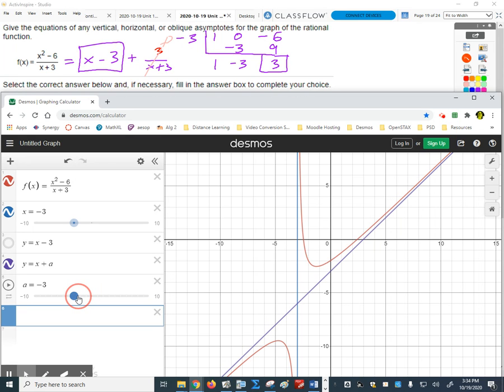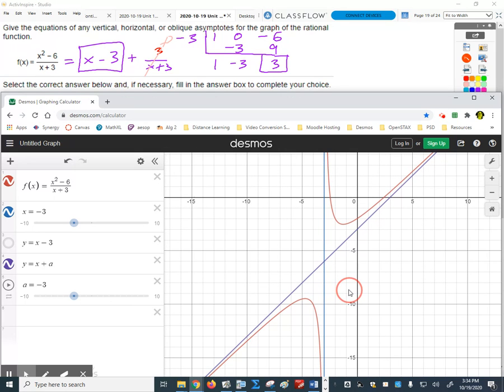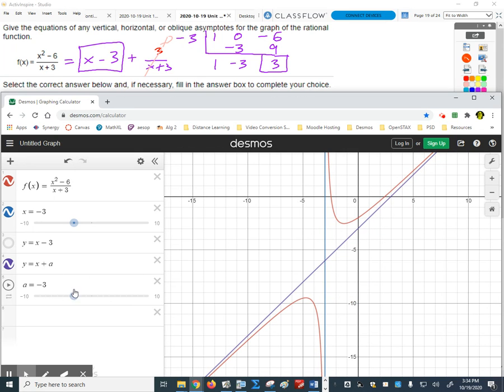So that looks pretty good right there, doesn't it? If we center that thing, we can see that that's pretty symmetrical. So we could get it that way too. We could just graphically see that a is -3, which lines up with what we got, doesn't it? Okay. So either way,